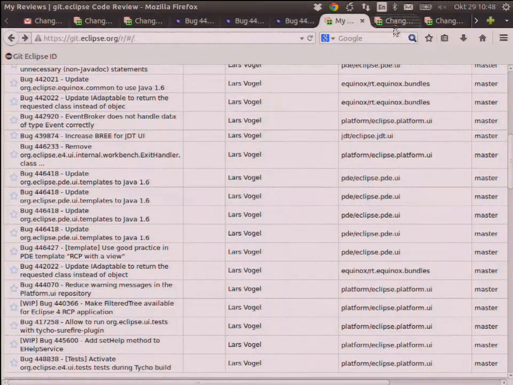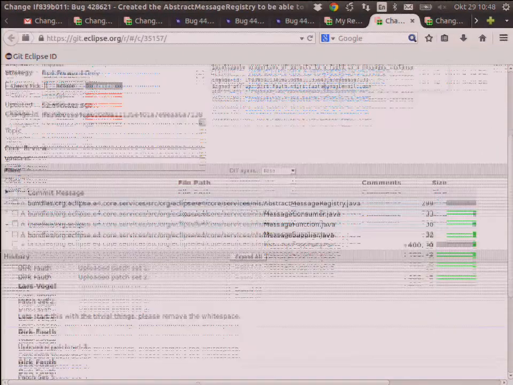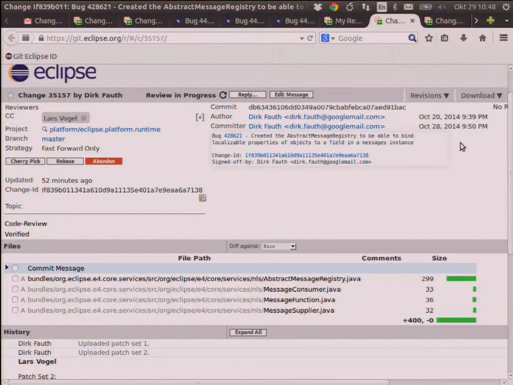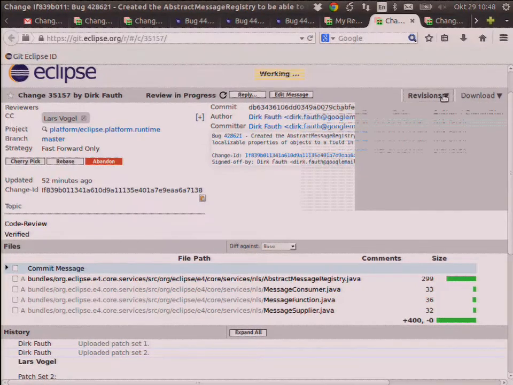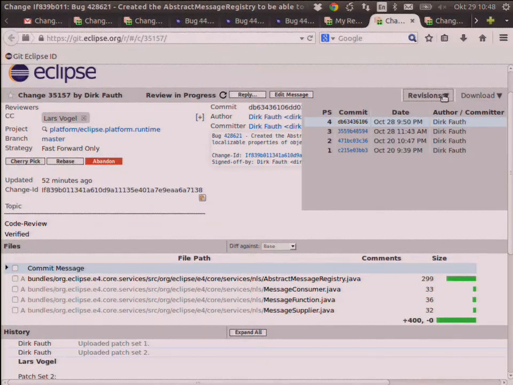Let me look at another review from another person, again sitting here, Dirk. This is a review Dirk uploaded, similar to what Tom did. Dirk is doing some cool stuff with internationalization, and he talks today about this. And of course, he will also talk about this new development in his talk. But he did this awesome development, right? And he uploaded a version. I can see the different revisions he did. And he has now 4 versions uploaded.